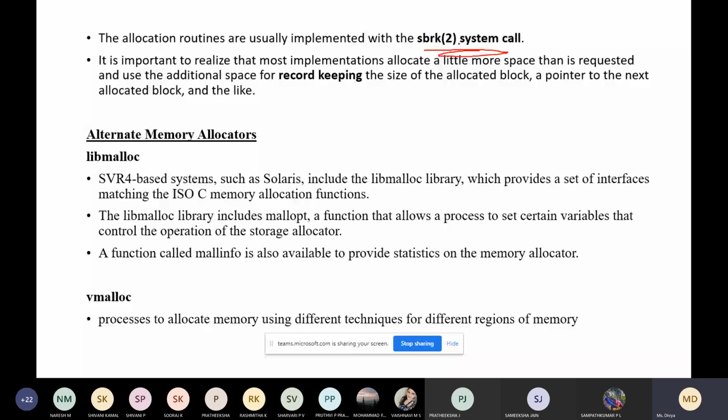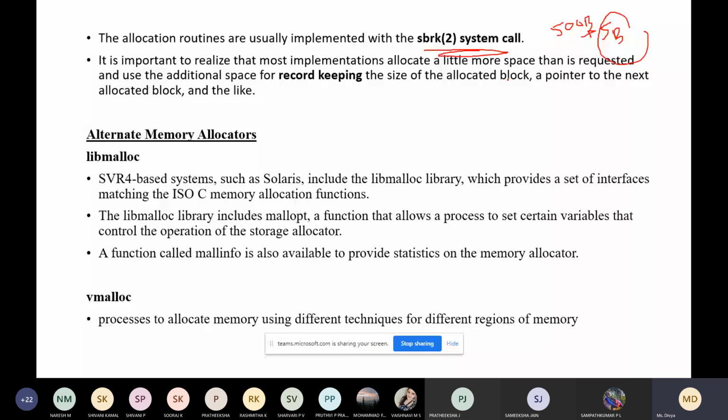It is important to realize that most implementations allocate a little more space. For example, if you want to allocate 500 bytes, in addition to 500 bytes, it will add a few more bytes, maybe 5 more bytes, just as an example. What will be in these 5 more bytes? This additional space will be used for record keeping.